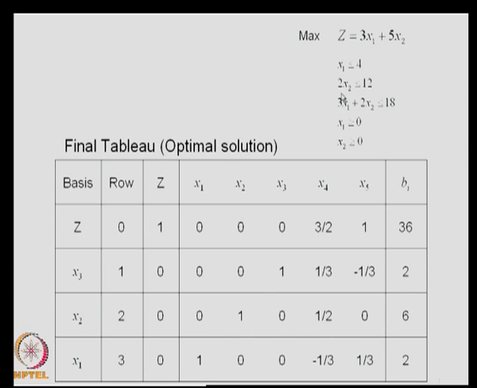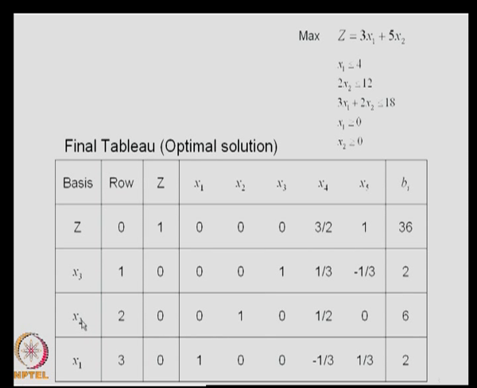We will see an example of multiple solutions, but before that, some features of the final tableau you must be aware of. Recall that we solved this example: maximize z = 3 x 1 + 5 x 2, subject to x 1 <= 4, 2 x 2 <= 12, 3 x 1 + 2 x 2 <= 18, x 1 >= 0, x 2 >= 0. This is a problem for which we obtained a solution through the simplex method in the previous lecture. And this is the final tableau, the tableau corresponding to the optimal solution.